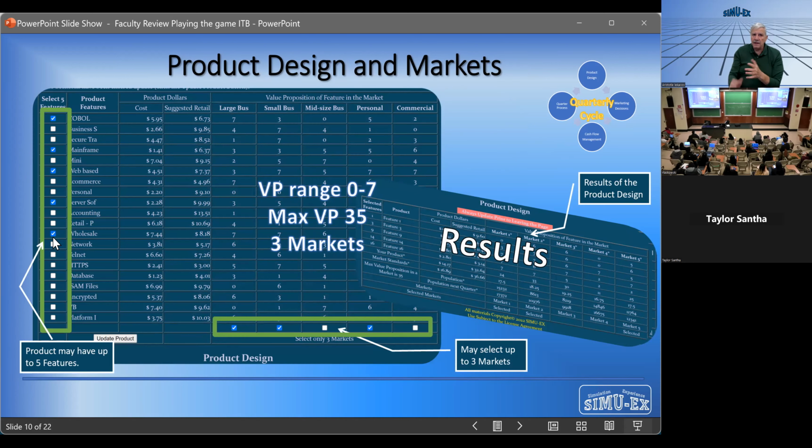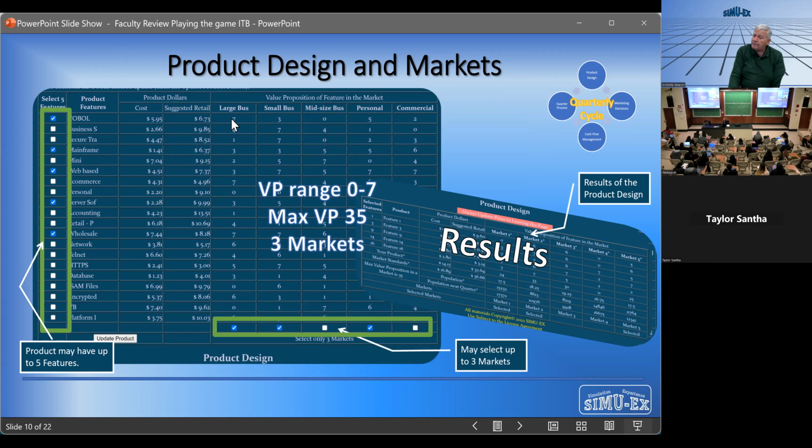Now, what is it that you're selecting? In this case, this is a vertical description, and you have a generic one, which means you don't have any actual capabilities or features. You have feature 1, 2, 3, and so on. Now, what is it that each feature has? It has a cost and it has a suggested retail. That difference is giving you the gross margin. In addition to that, you also see the value of that feature, that is the need it's satisfying in a specific market.